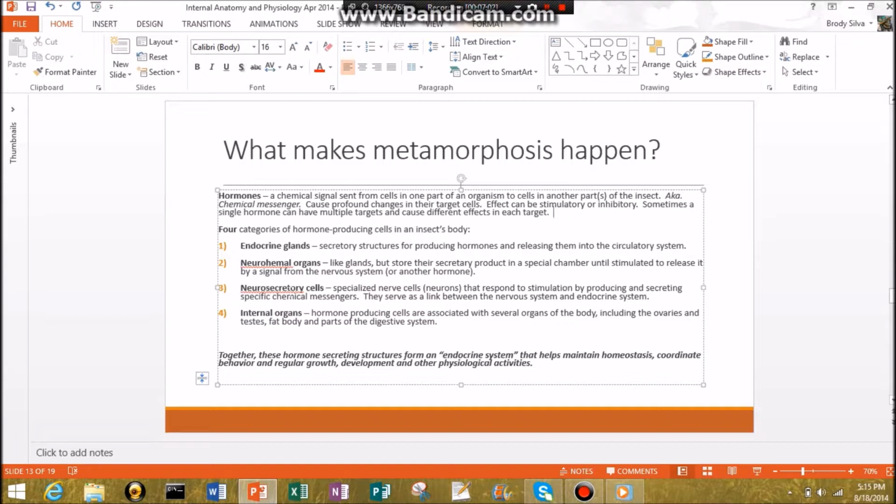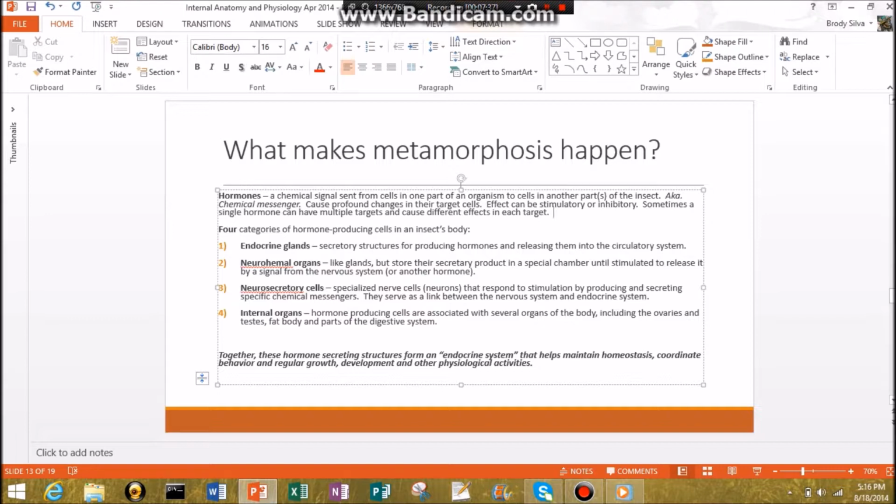Neurosecretory cells, secretion being secretory, and neuro being nervous system. Specialized nerve cells, neurons, that respond to stimulation by producing and secreting specific chemical messages. They serve as a link between the nervous system and the endocrine system. Basically, the nervous system will notify the neurosecretory cells to send a message of a hormone to a neurohemal cell, or an endocrine gland. And then there's, of course, the internal organs, which every